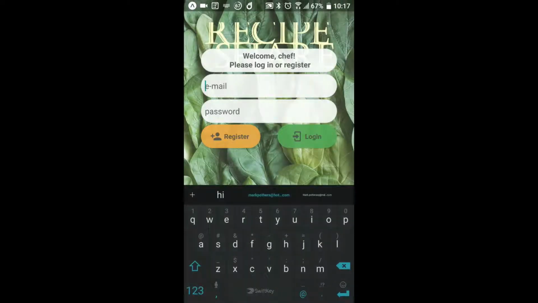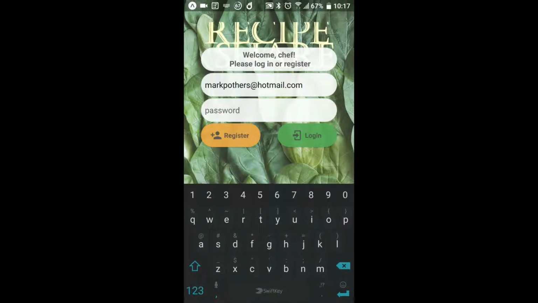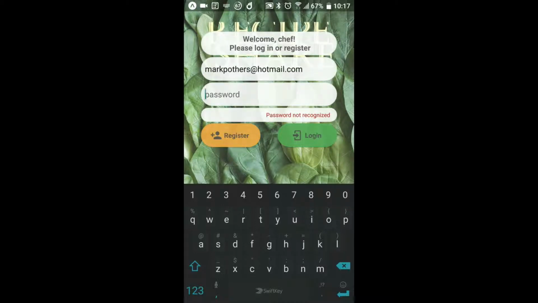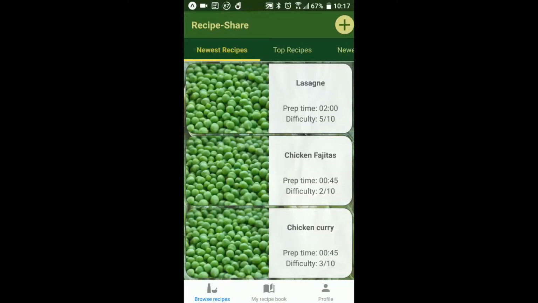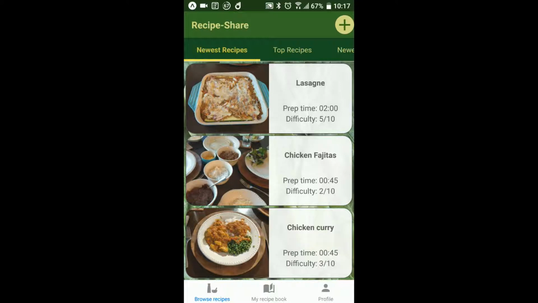If we return to the login screen, I can log in providing my email address. There's validation on these fields, so if I try to log in with an invalid password or an invalid email, the software will tell me. I can use my password and log in, and the app will load and it brings me to our newest